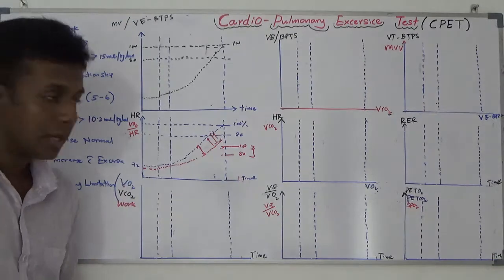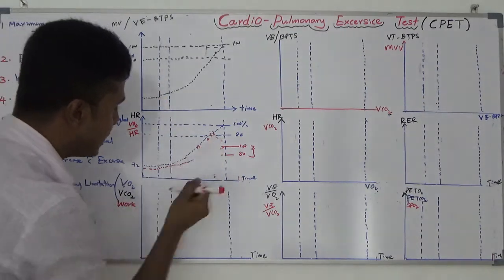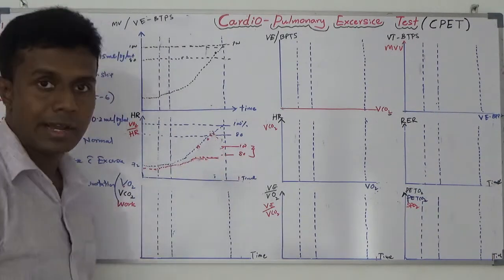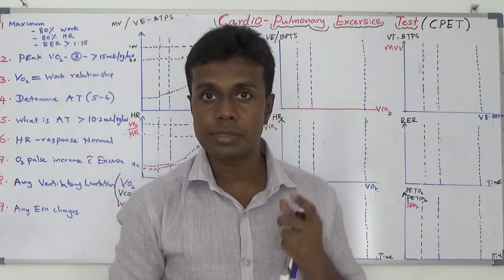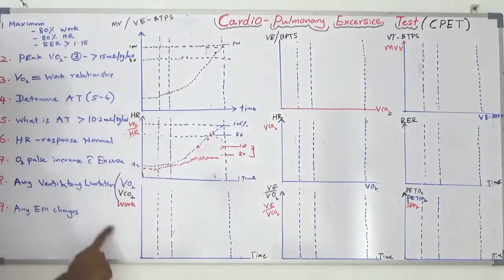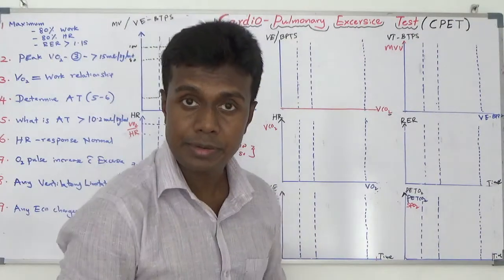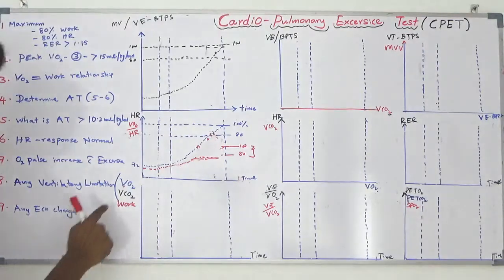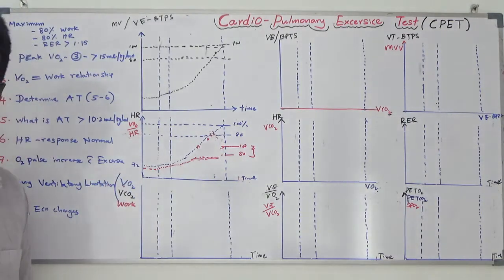normal. If you find a totally unrelated curve like here and here, your patient has some problem with either the heart or the lung, and the oxygen pulse is not good. So then come to the third curve. The third curve of the 9-panel plot of the cardiopulmonary exercise test contains VO2 here, VCO2 here and work, workload, here.